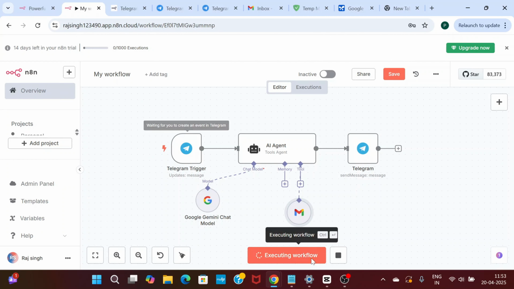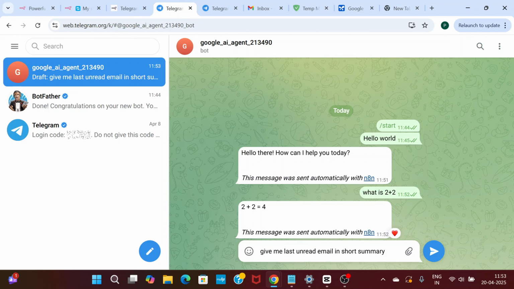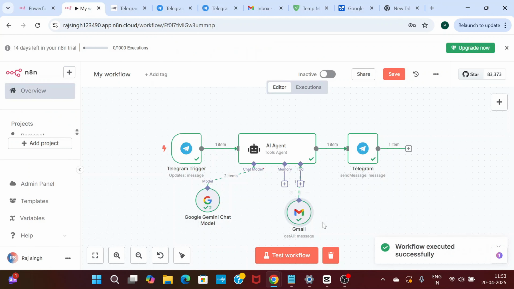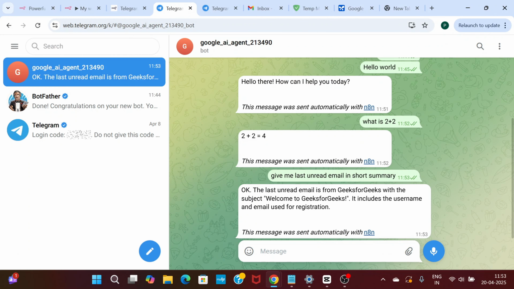We again test the workflow. It is waiting for the trigger. We will add the trigger here. So we'll give the input: give me the last unread email in a short summary. Our AI agent has successfully worked on the input, and it is saying our last unread email is